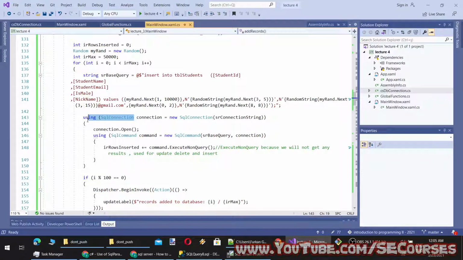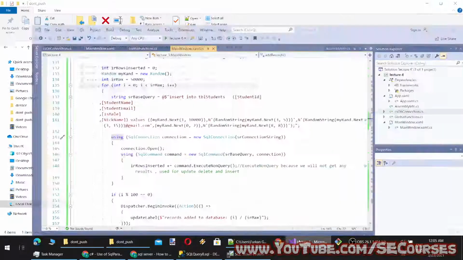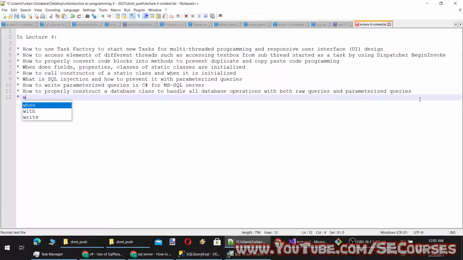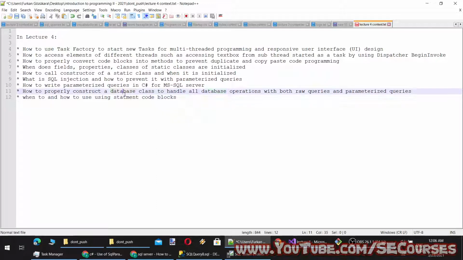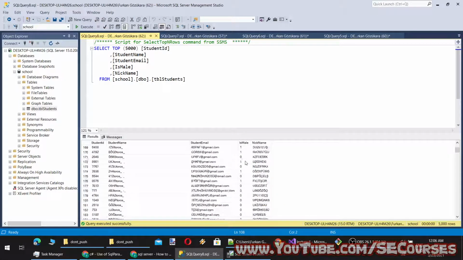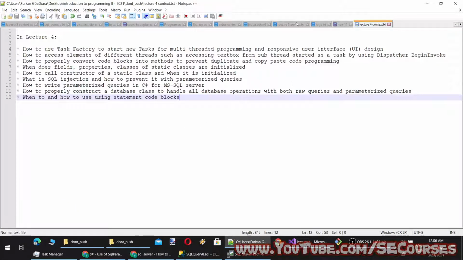Okay, then using statements. Okay, let's see the duration. Okay, so we are close to 2 hours, and let's see from the lecture 3 context.